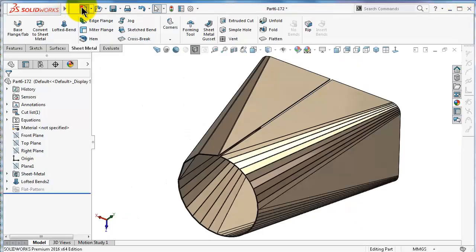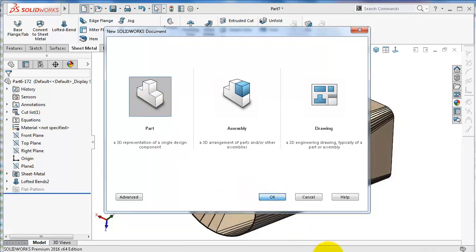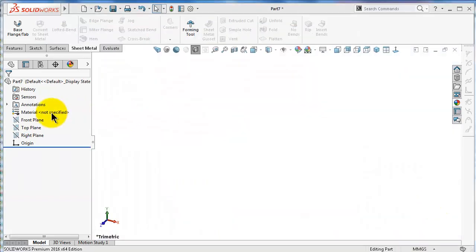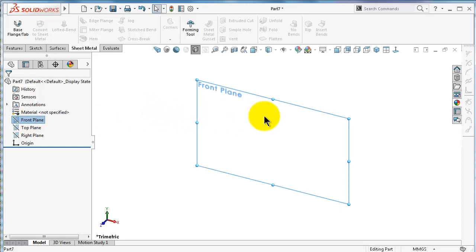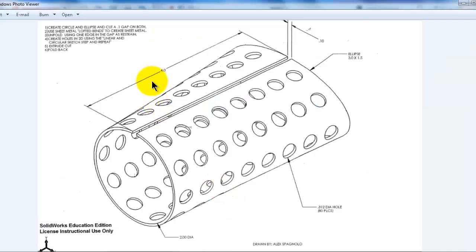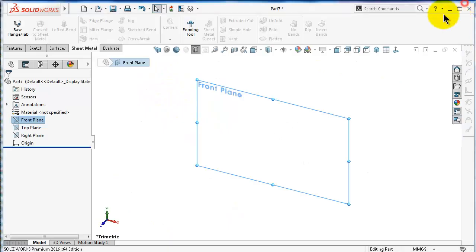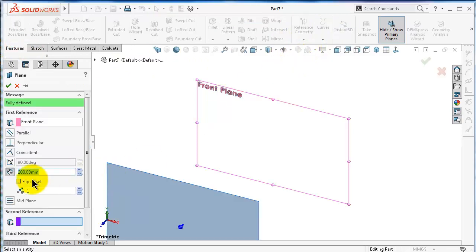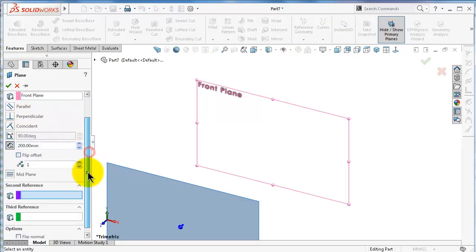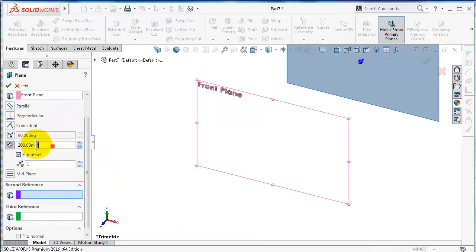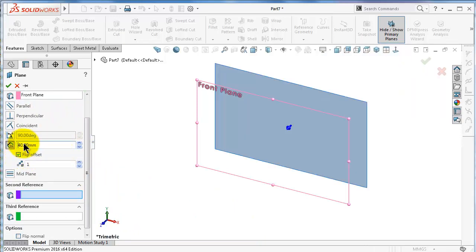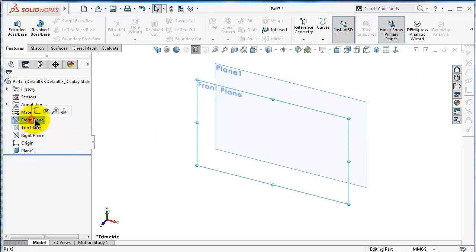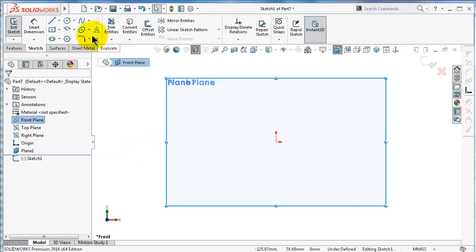So start a new part and make a second reference plane 40 millimeter far from the front plane, as you see over there. So features, reference plane, and reverse, offset, and make it 40 millimeter. Click OK. On the front plane, we'll have a circle